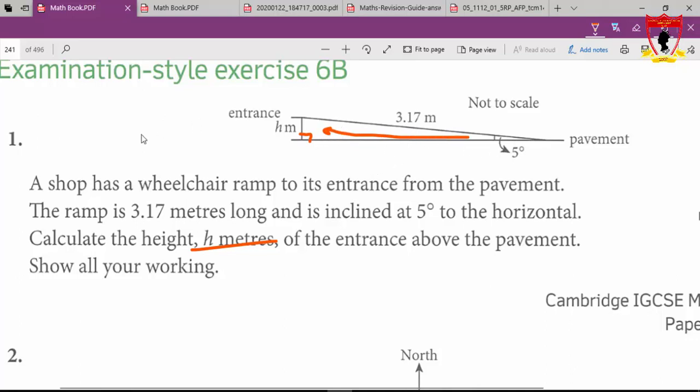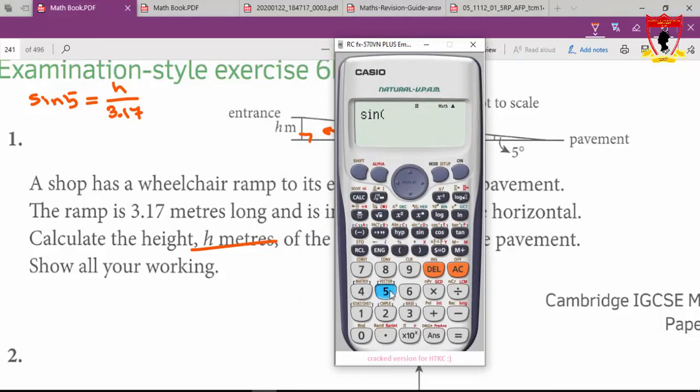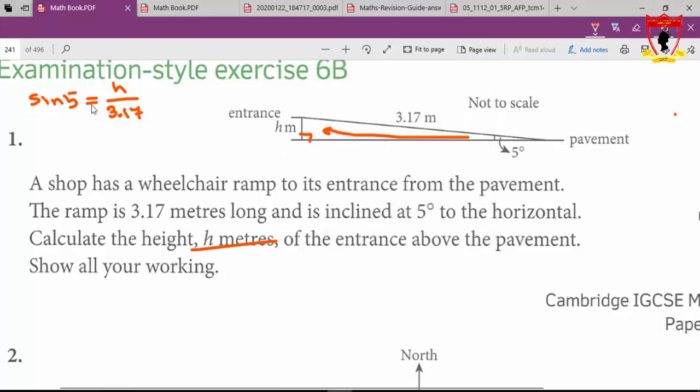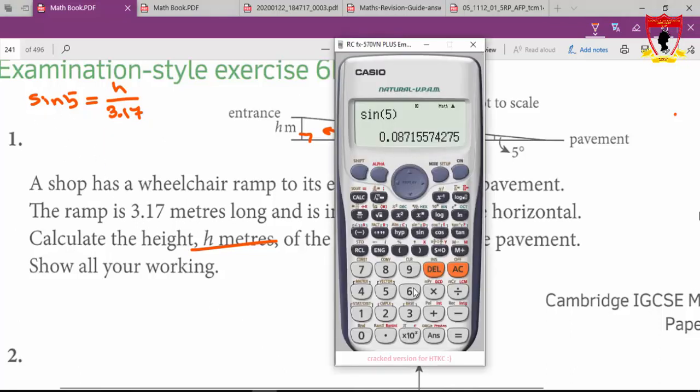Sine of 5 is equal to opposite over hypotenuse. Opposite is h, which is not given, and hypotenuse is 3.17. Sine of 5 is equal to 0.087, and h over 3.17 is equal to the same result. Now, to get rid of this 3.17, we need to multiply sine of 5 by 3.17. Sine of 5 times 3.17 gives the height, which is